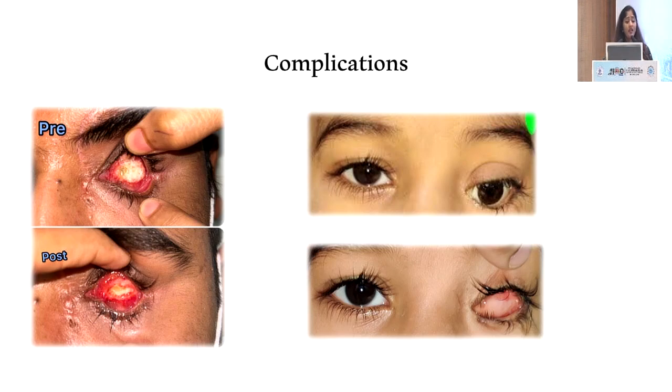Now here is a case which was a non-epithelizing DFG. It was 6 months post-surgery, still not epithelized. And look at this here. We just added PRP drops topically and the epithelization just accelerated.